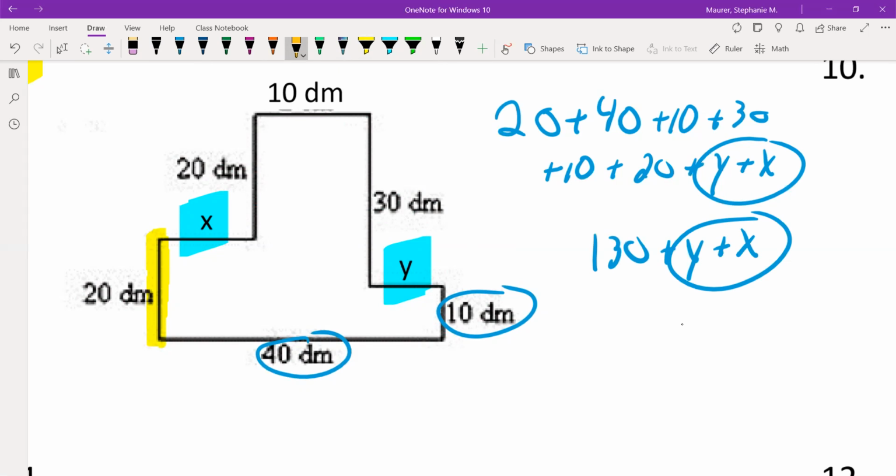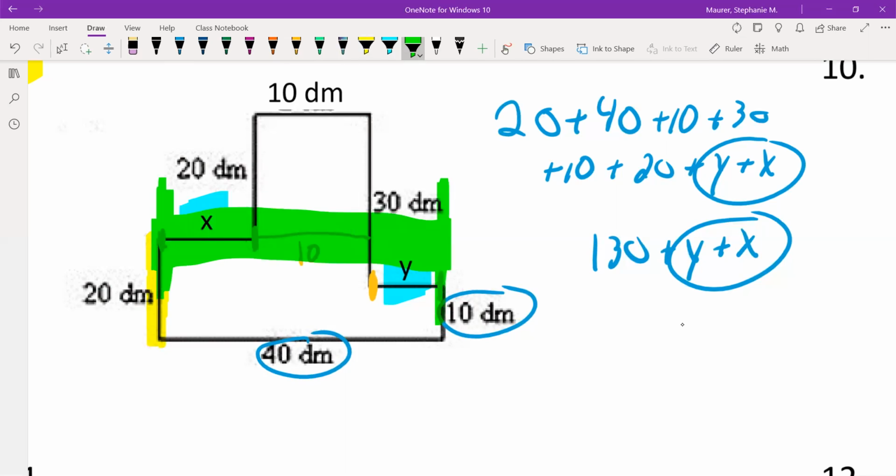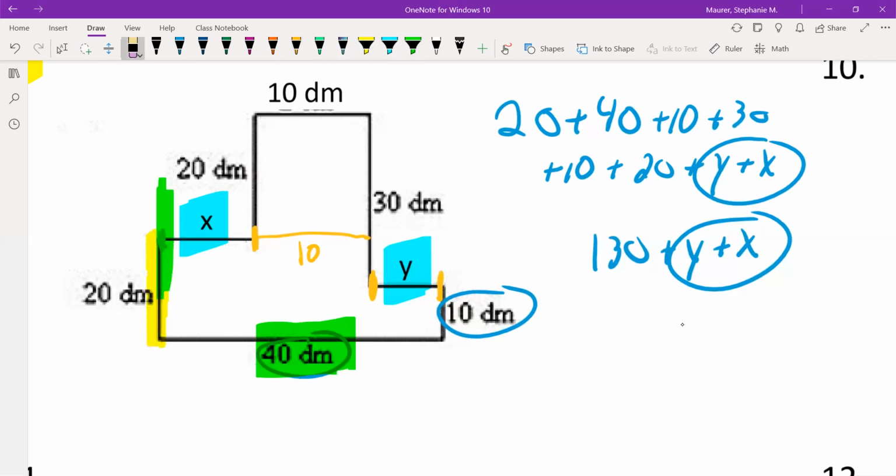But I want you to take notice of something. If I were to figure out the distance from here to here, we would call that y. From here to here, we would call that x. But then from here to here, we would call that 10. And is it not true that from this side all the way over to this side is 40? Well, if this whole thing is 40, and we know that this middle section is 10,